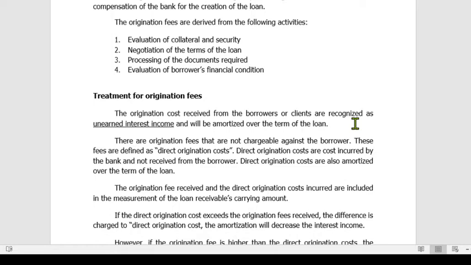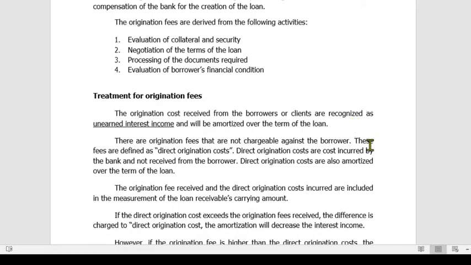So, kung meron kang natanggap na bayad o yung origination fee received mo dyan, you just have to debit cash and then credit unearned interest income. Itong unearned interest income will be amortized using the amortization table over the term of the loan. So, unti-unti ita-transfer mo yung unearned interest income into your interest income. So, how do you transfer? You just debit unearned interest income and then credit interest income kapag nag-a-amortize habang lumilipas yung term of the loan. Next,